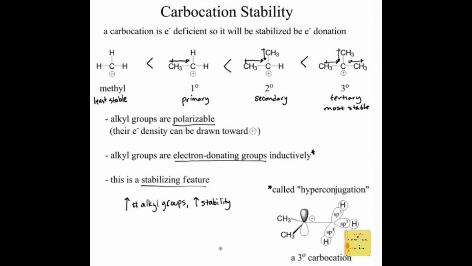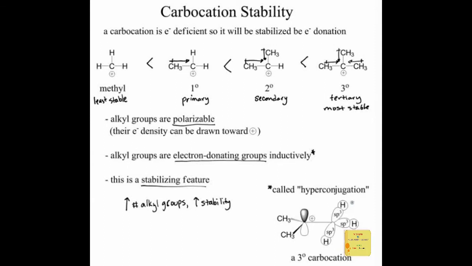What's the maximum number of carbon groups you can have on a carbocation? Just three, because a carbocation always has three groups attached, so a tertiary would be the best here. Now, this effect of donating electron density inductively is called hyperconjugation, and there's a way we can maybe draw a